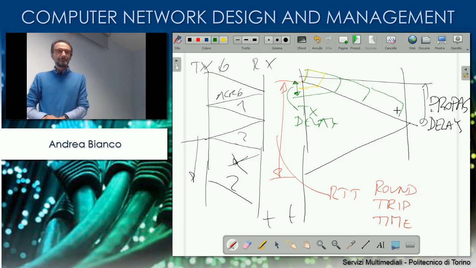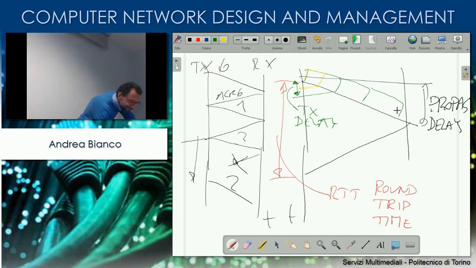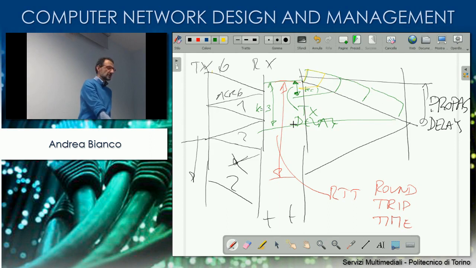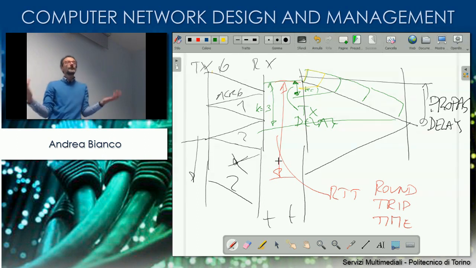For how much time am I sending? In this case here, with k equal to 3, I'm sending bits for this amount of time, right? And then I have to wait. What? To get the ACK. How much time do I wait? This time here. And these 2 times, again as a first approximation, are similar, equal. Half of the time I'm active, and I'm covering the left to right channel with packets,